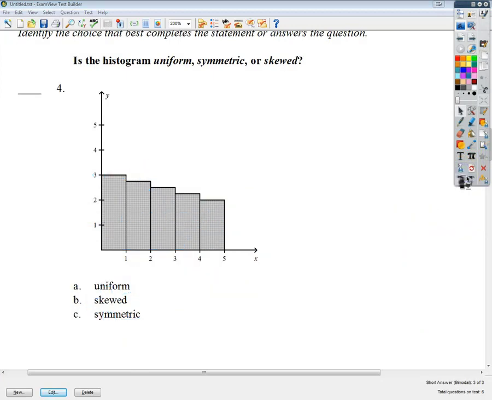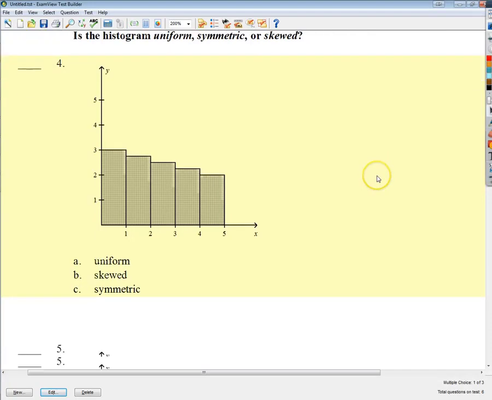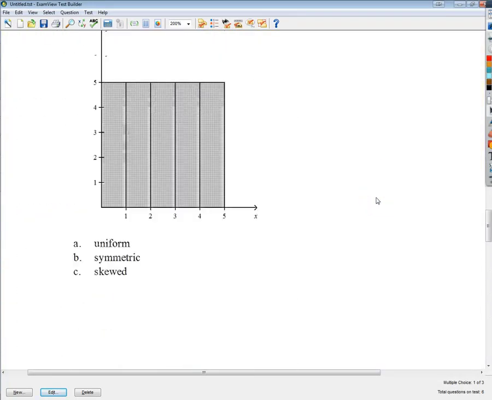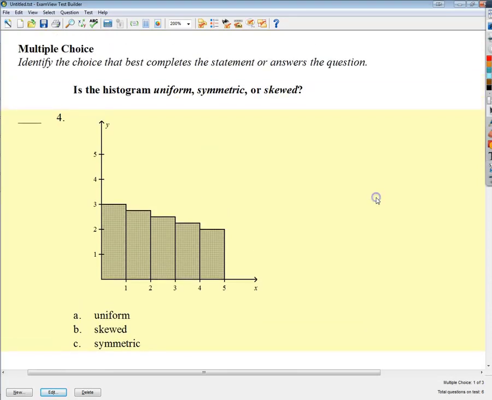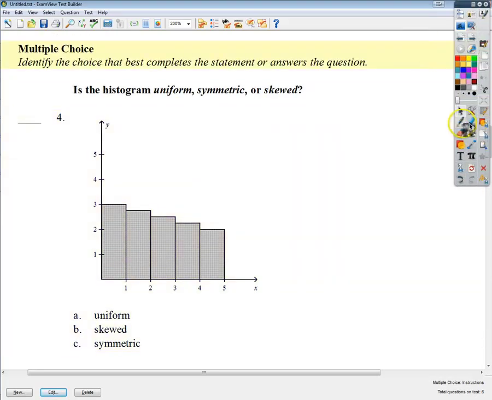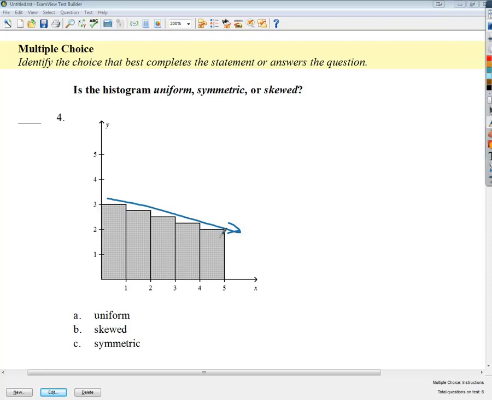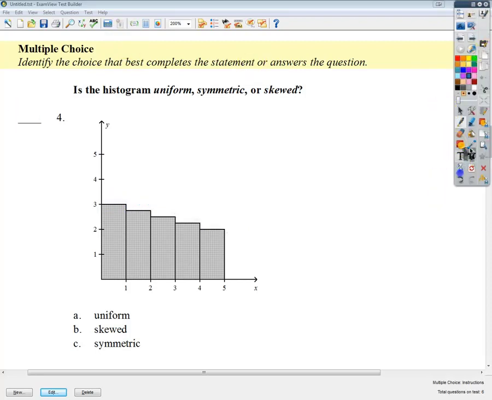So we talked about the 3 types, uniform, skewed versus symmetric. This one has a little bit of skew to it. As you can see, it sort of fades off to the right. So it goes this way. It's positively skewed a little bit. So that's that one. And for number 5, which is another type,